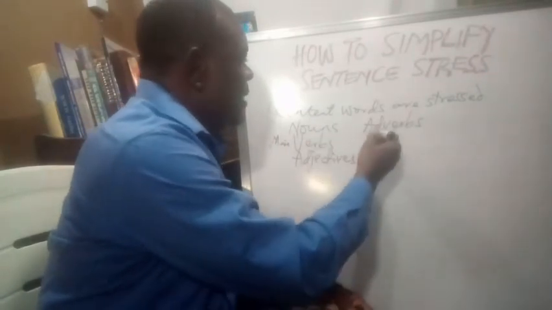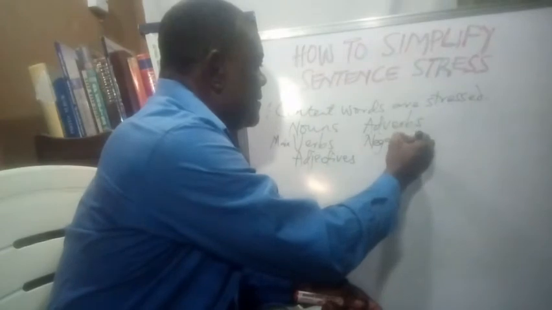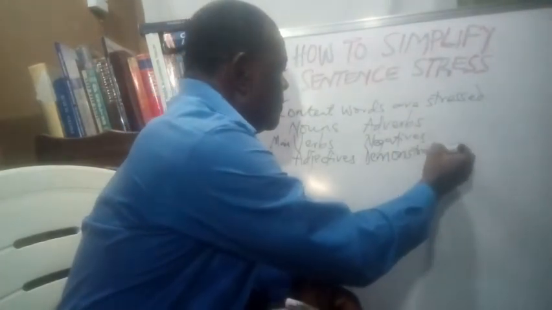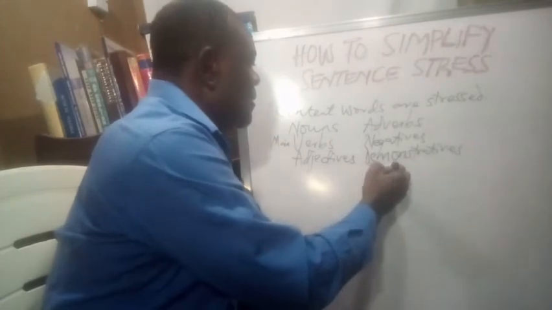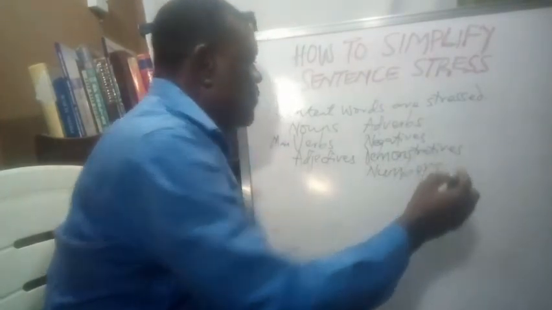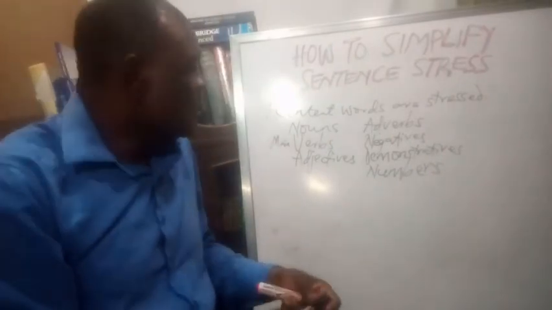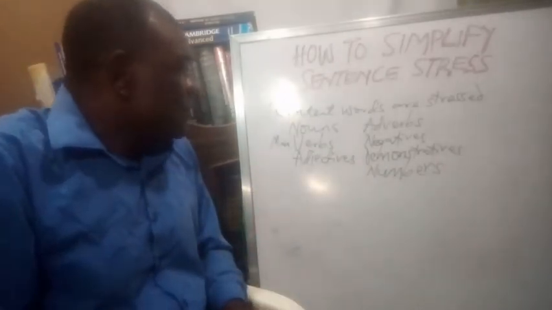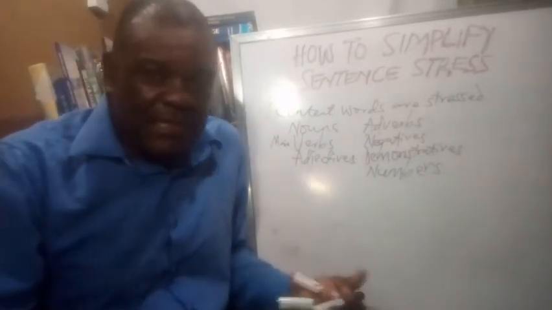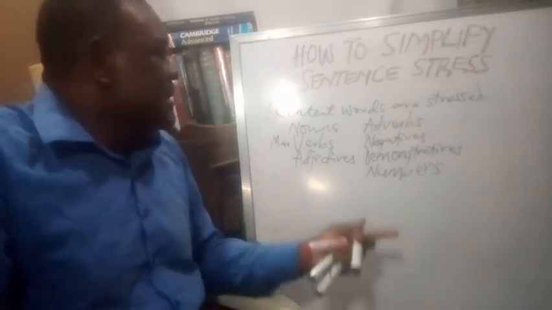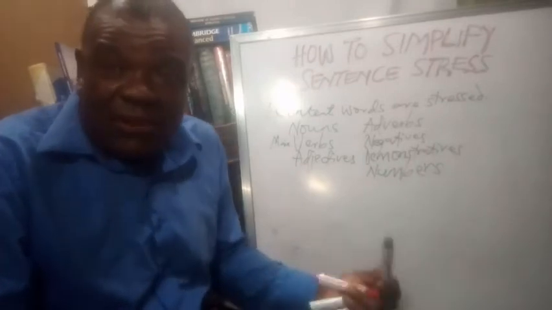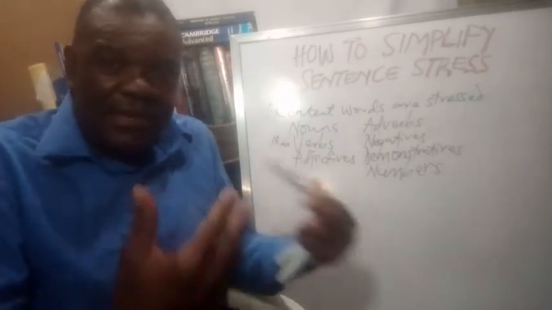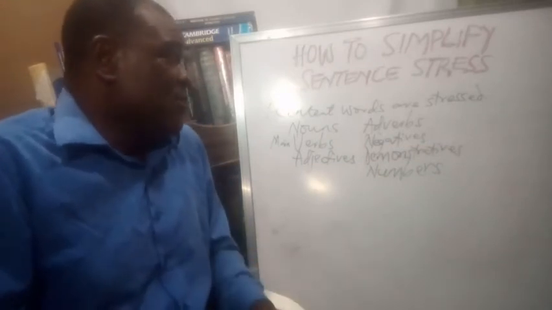Then we have negatives. We also have demonstratives. And we have numbers. So these are regarded as content words. Now, examples of nouns: names of persons, names of places, names of ideas, these are all content words. And why are content words stressed? The reason is simply that they carry meaning, they convey meaning, unlike the function words that do not